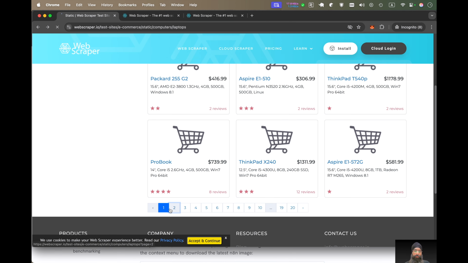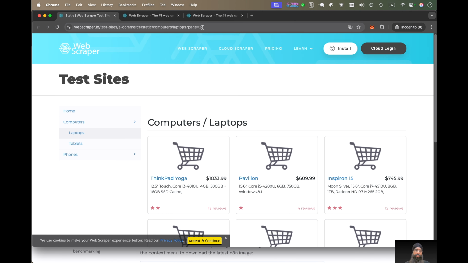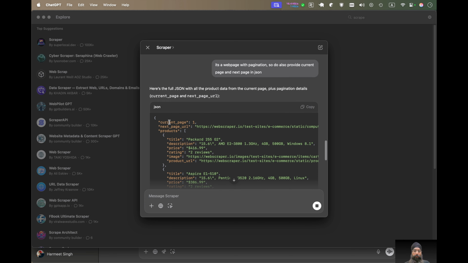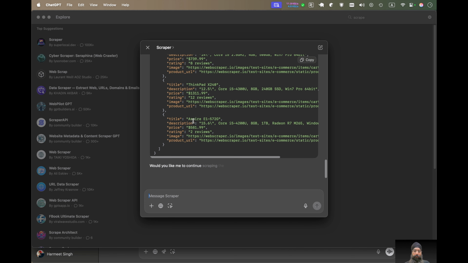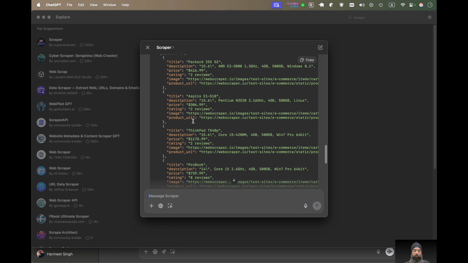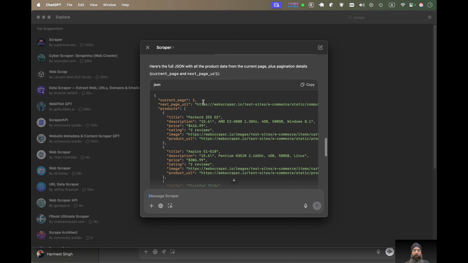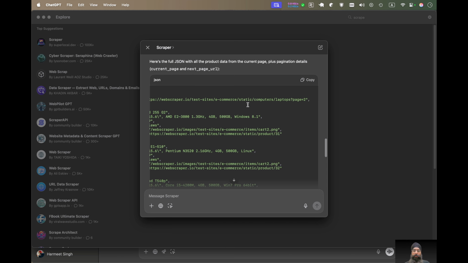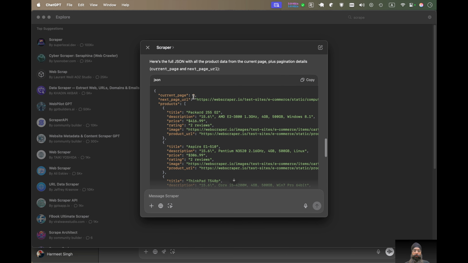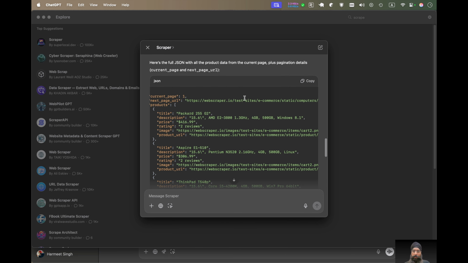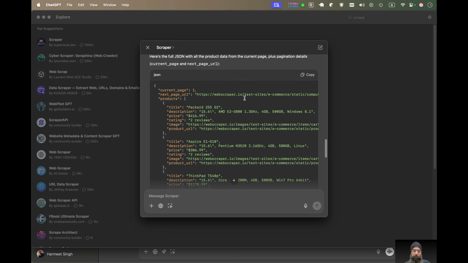Okay, if I navigate to the second page, it's gonna be page 2 with the laptops. So the current page is 1. Okay, it doesn't know how to navigate to the next page. Okay, now the next page is here. Yeah, that's great. Next page is correct. So see, I can use this ChatGPT to scrape each and every web page, providing this information,